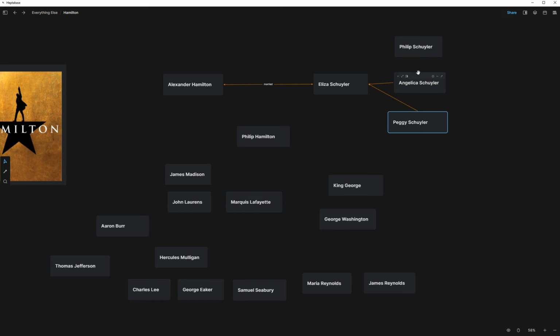I could just have it go between those two, or I could draw all of them in a line. As I said before, I can title that, so sister. Let's do the same on this one. Sister. So that's showing it a little bit like mind map mode,